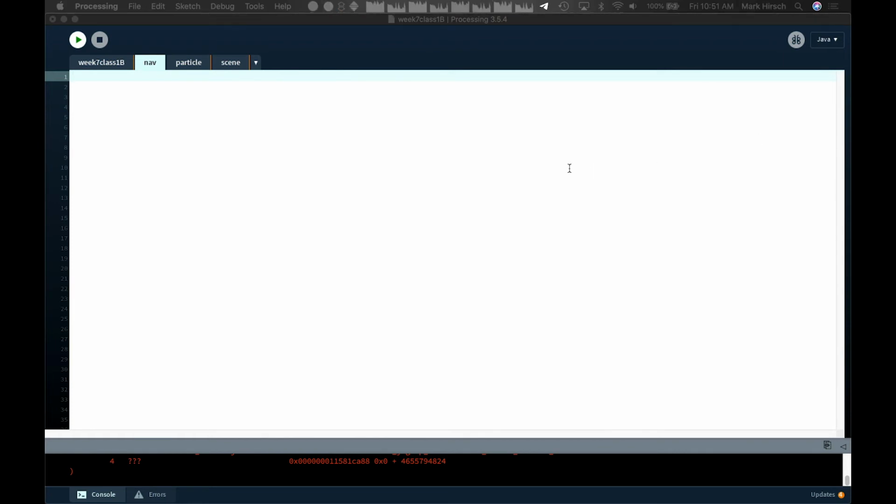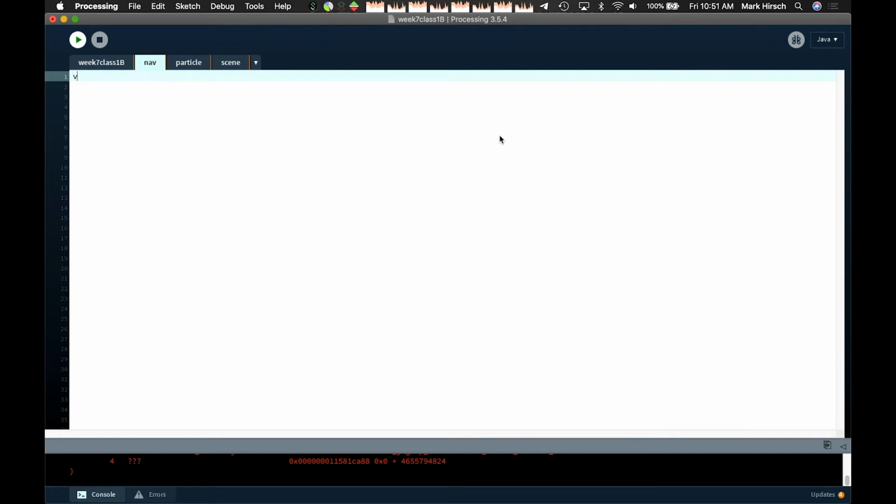So what we're going to do, just like with scene, is create a function for nav. Later we'll be able to run this function, and it's going to keep track of all the navigation we're doing in our 3D scene. I do want to do this with our keyboard this time instead of the mouse. So I'm going to set up a key pressed scenario. So I'm going to say if key pressed,